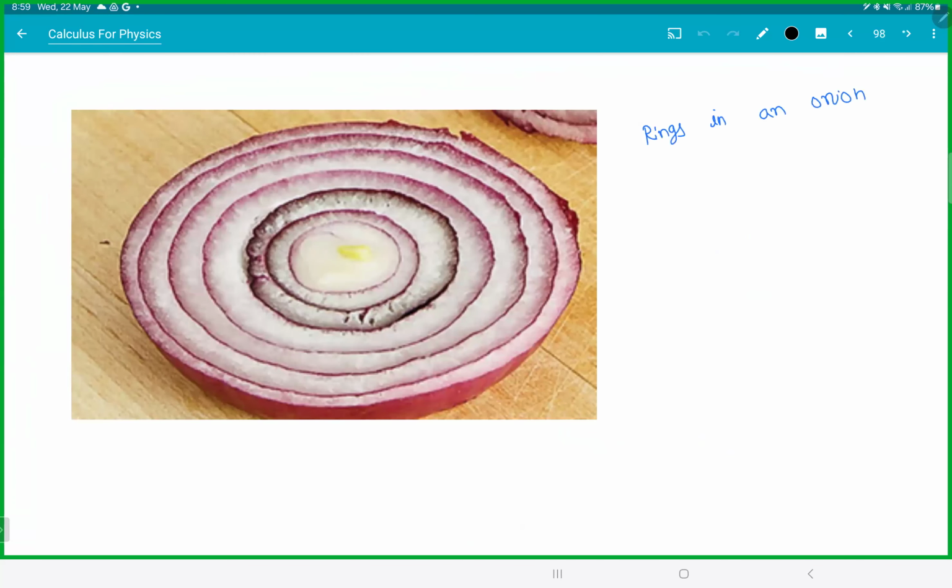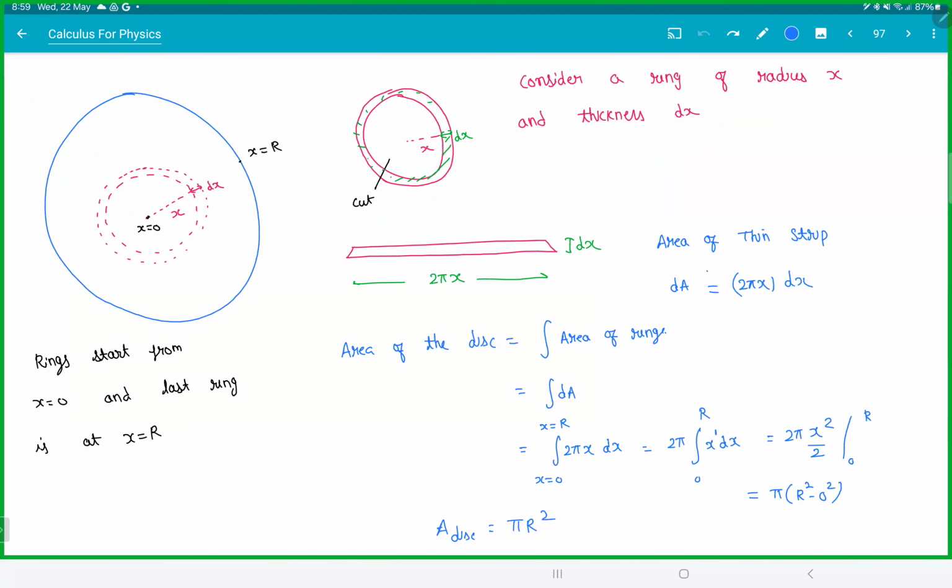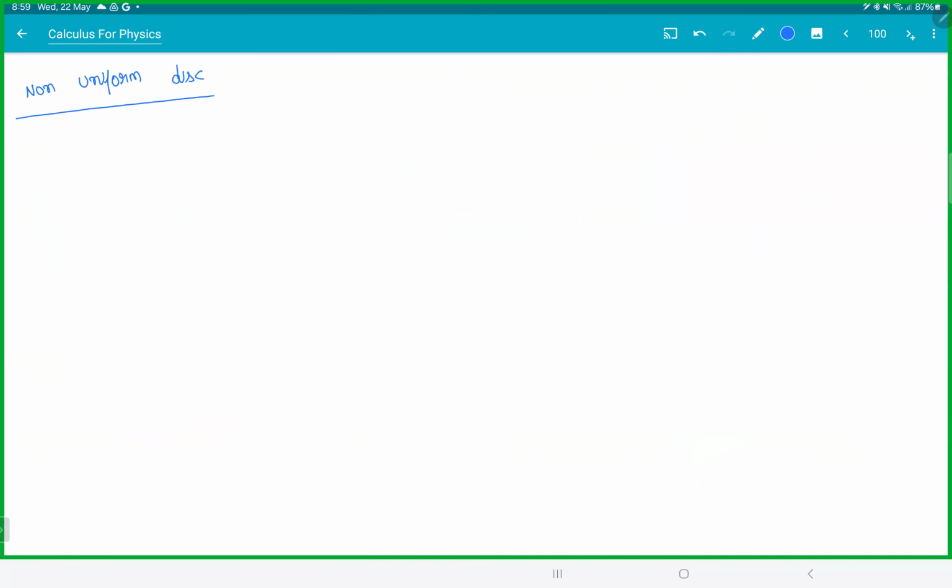Great. Now let's take a non-uniform disk. Now every time disks won't be similar. They won't be uniform. And did you notice something? Was the integration tough? The integration was the easiest part. The headache is always converting the problem to integration. So, non-uniform disk,